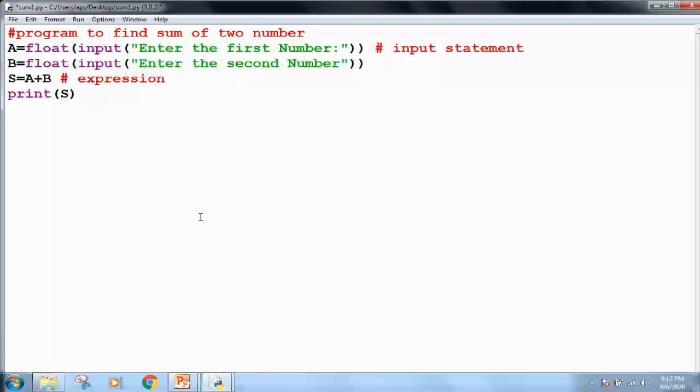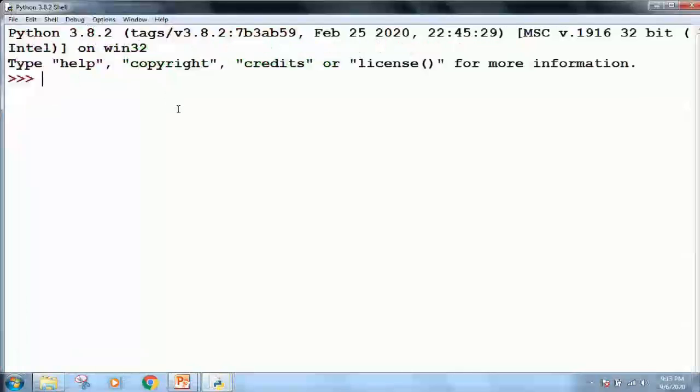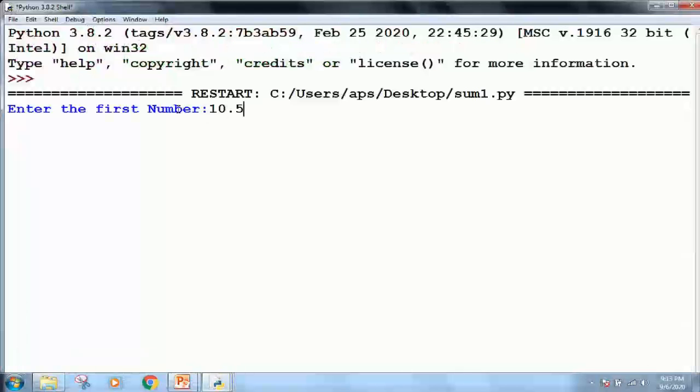So in this way you can make simple Python programs for adding two numbers, multiplication, finding the area of a rectangle, the perimeter of a rectangle, or the area of a circle, and that's all. Various other programs can be created in this way. So this is how you can use the print and input functions.